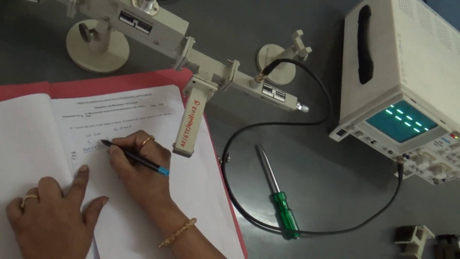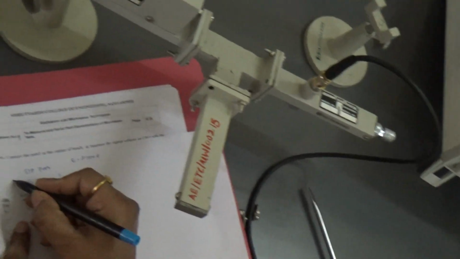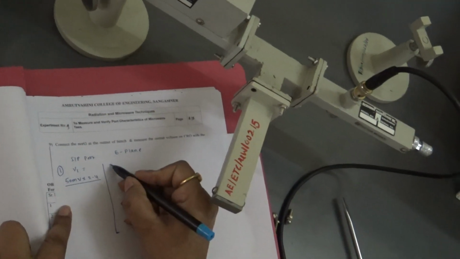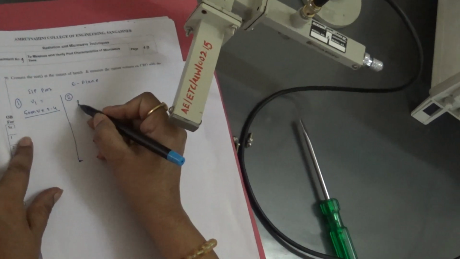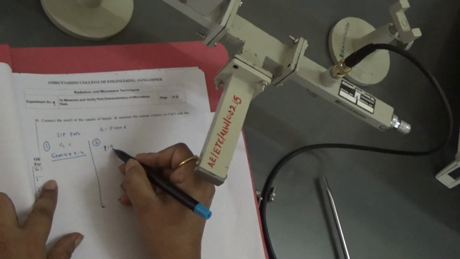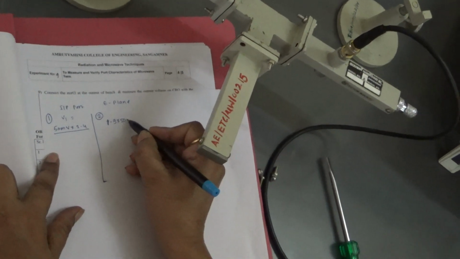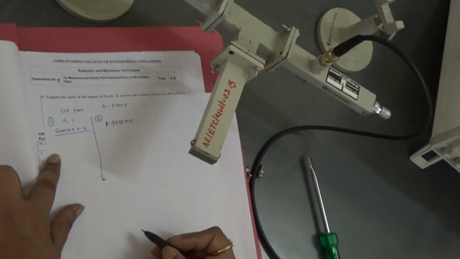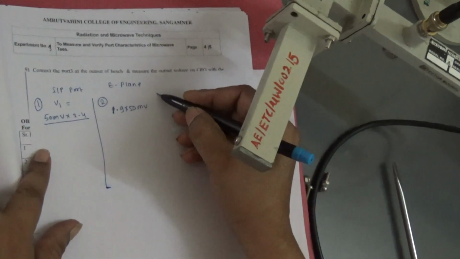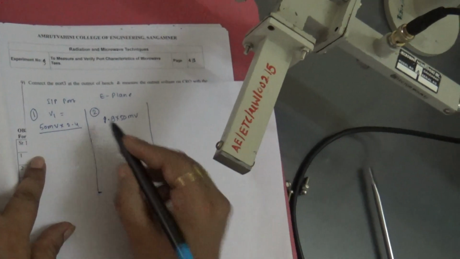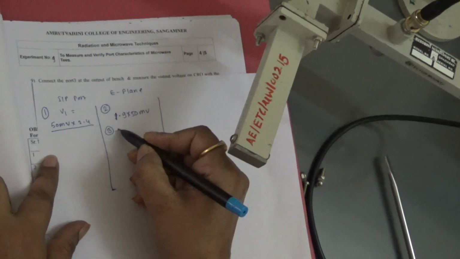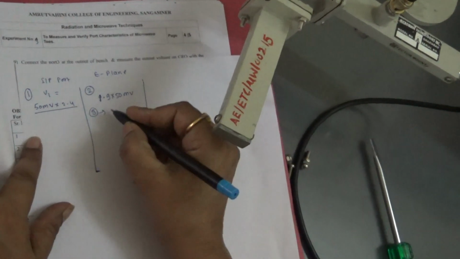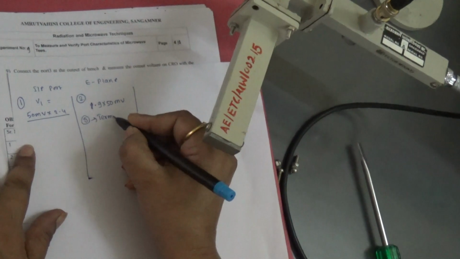Now here at port 1 you are giving the signal to the port number 1. Now output you are measuring on the port number 2. It is approximately 1.9 into 50 millivolts. So this is your output at this port, right? Now port 3 is terminated. When you are getting the output of port 2, your port 3 is terminated with a match termination.